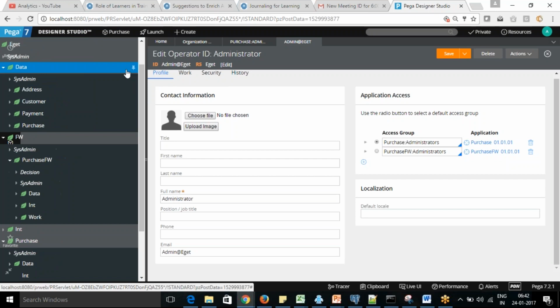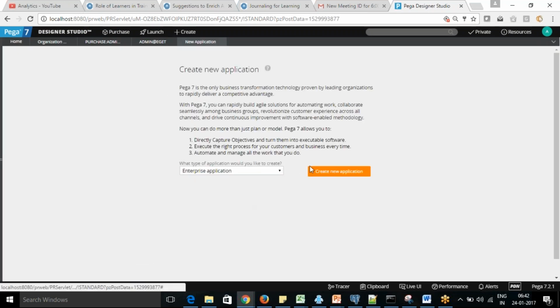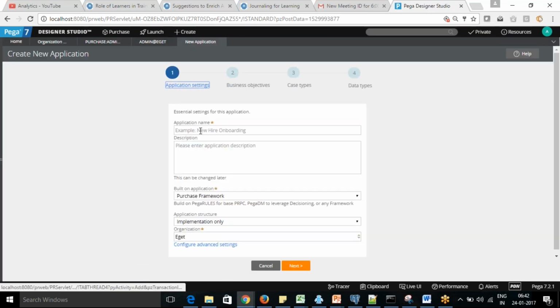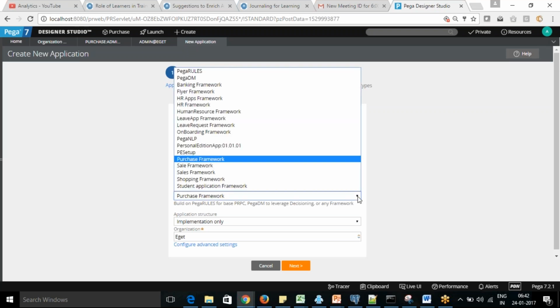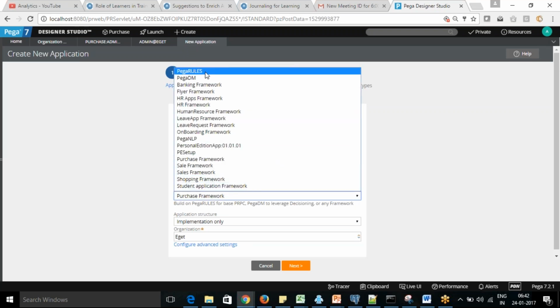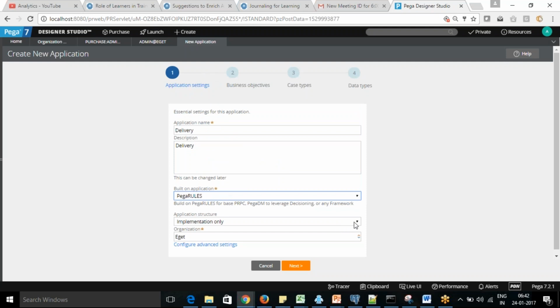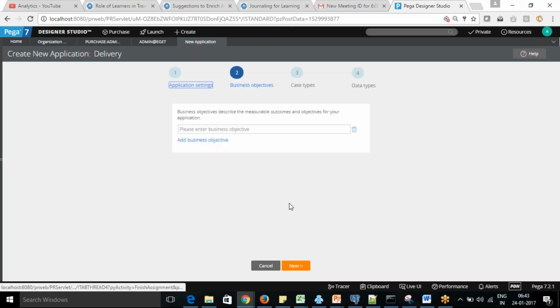Let's say I'm going to create a new application, a delivery application. Here we are not going to use trigger rules; we are going to create the implementation only within the same organization, to track the delivery.